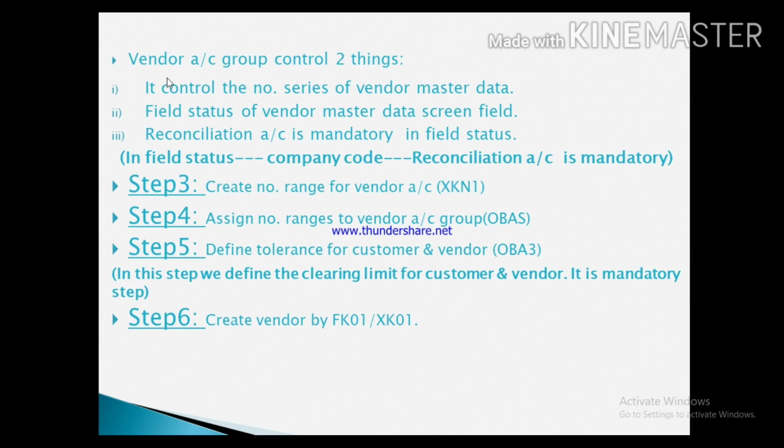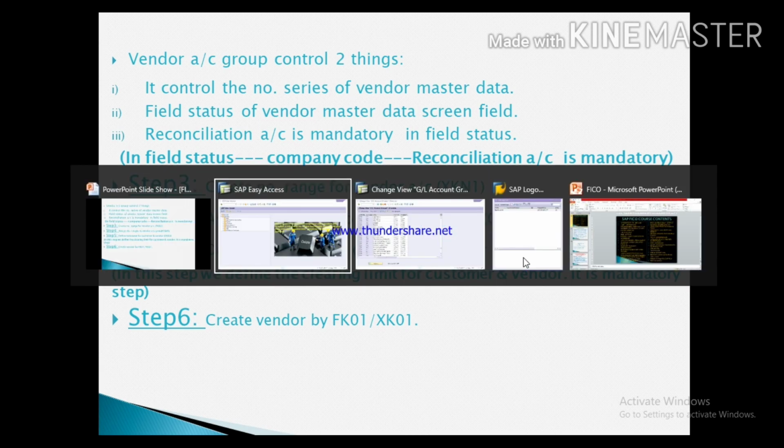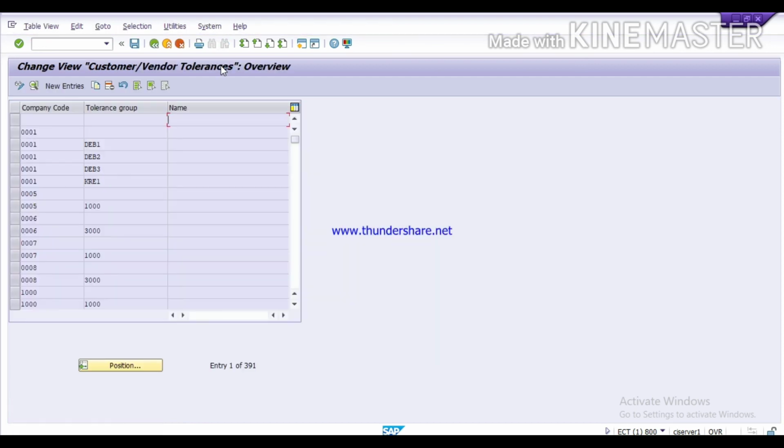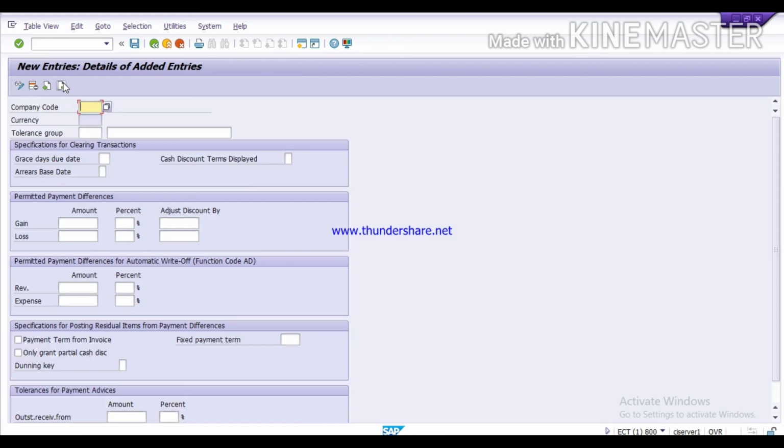Now next step is define tolerance for customer and vendors. It is a mandatory step under the T code OBA3. Click on new entries. Here we will give company code Tata.